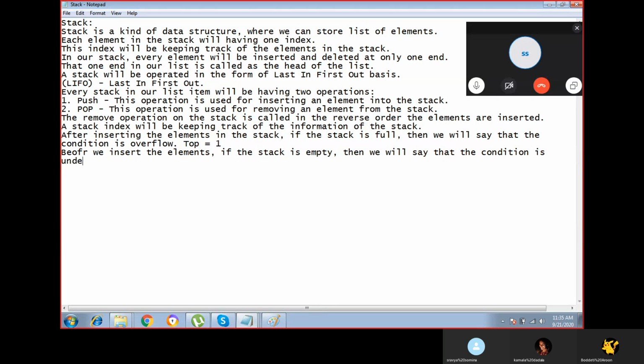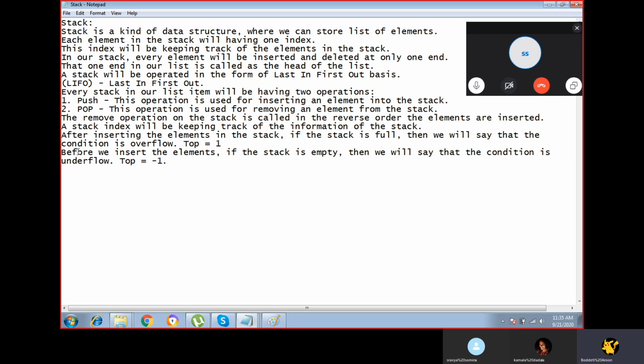In that case, the top is -1. The top became -1.